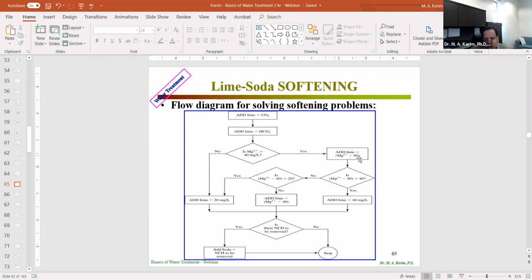And this amount would be magnesium minus 40. Okay, then done. We have 3 steps here. Then we'll come here. If the magnesium minus 40, after 40, whatever this is, is it greater than 40? If yes, come here and do 40 and go down here. But if it is no, it's not greater than, then check whether it's less than 20. If it is less than 20, yes, then come here, add 20, then go back. If it is less than 20, no, then come here, add another amount, the same entry is here, then